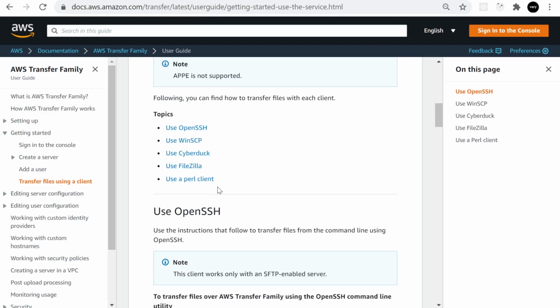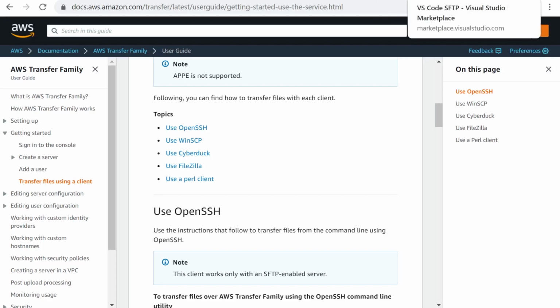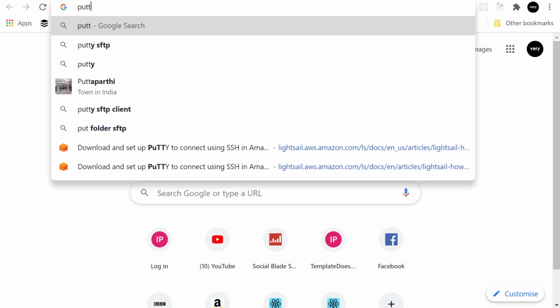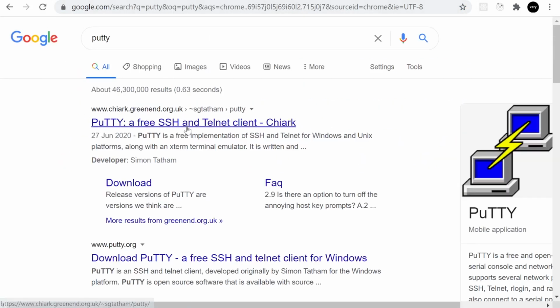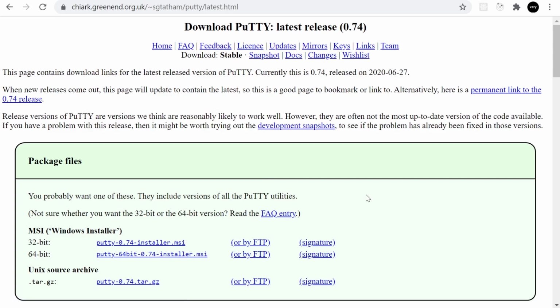Now, I just want to show you one last thing, and that's how to access the terminal from a remote machine. Now, a very popular option recommended online only, and this is why I'm showing you how to use it, is Putty. So let's go ahead and just download Putty. So this is an SSH and Telnet client. So we're going to be able to SSH into our server and access the command line from within our computer, from our external machine. So let's go ahead and download this and open it up, and I'll see you once